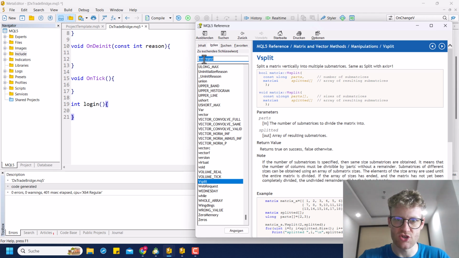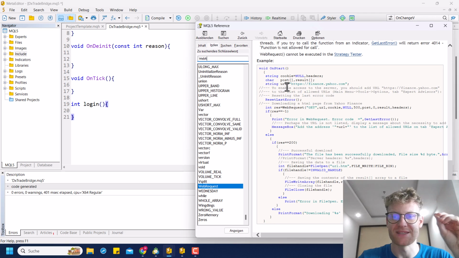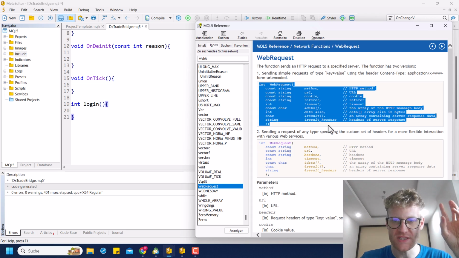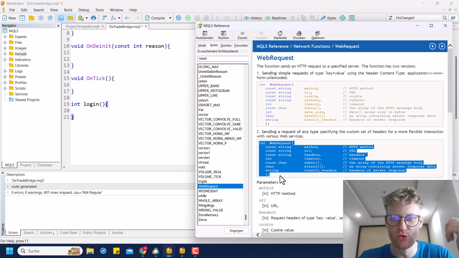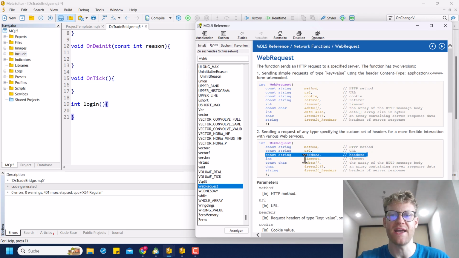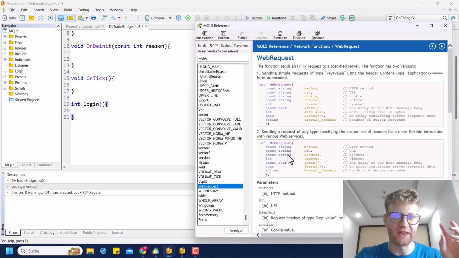Oh, wait. Why isn't it showing the web request? There it is. So we want to send a web request. So we will use the web request function and make sure to not use the first signature or variation here. Instead, we want to use this second one. So this is the web request we want to use. It's really important because this function also has the headers that we send to the DXTrade API, and this is important because in the headers we can define that we are sending JSON data, and also later on we will need the headers to send our authentication